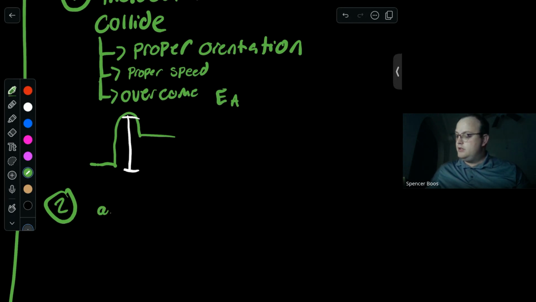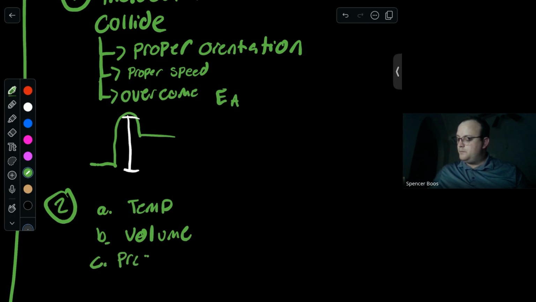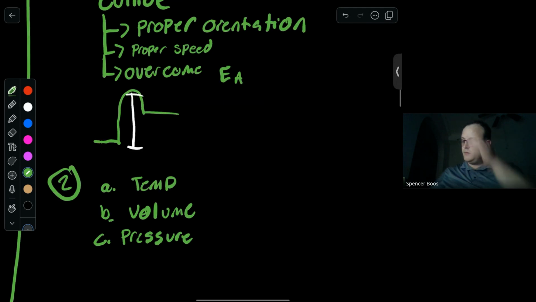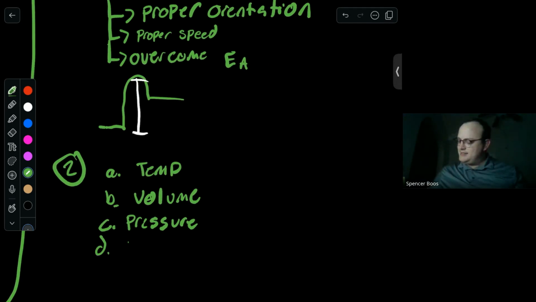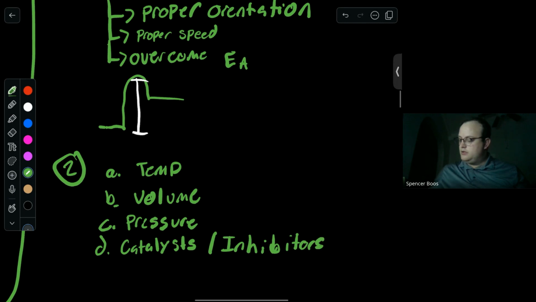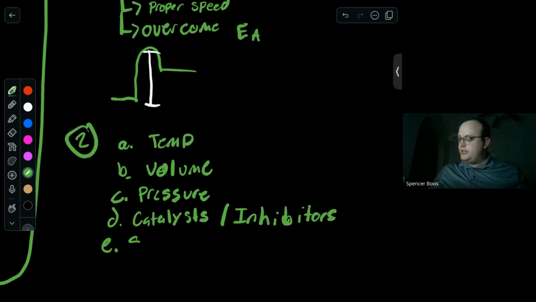Temperature can affect it, volume can affect it, pressure, we've got catalysts/inhibitors, we've got surface area, we've got agitation,